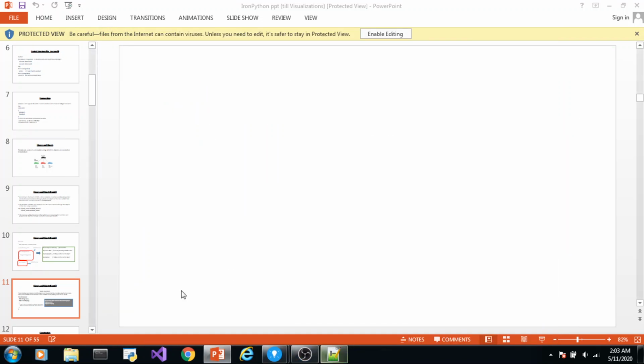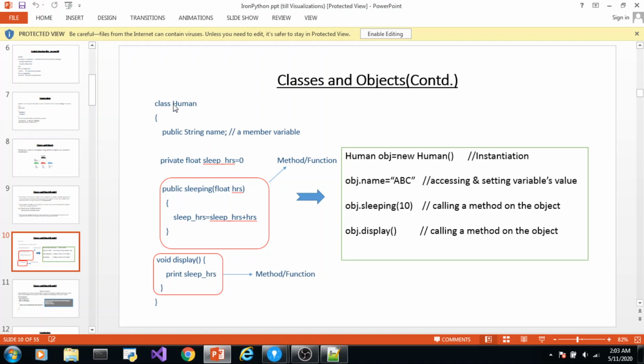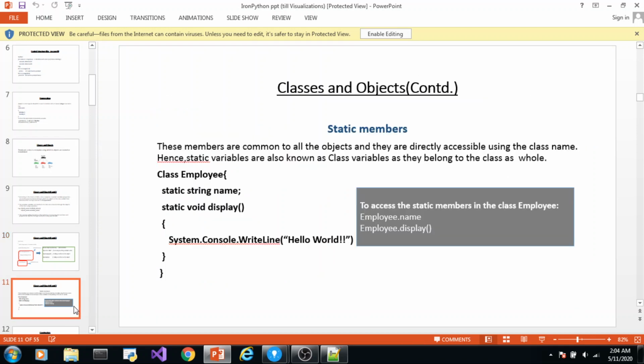If I go back to our slide, here in a traditional class, how do we access the members? By creating an object. First we create an object and then we access the elements of that class: object dot variable name, object dot method name. But in case of a static member, we can directly access using the class name. We did not create an object.